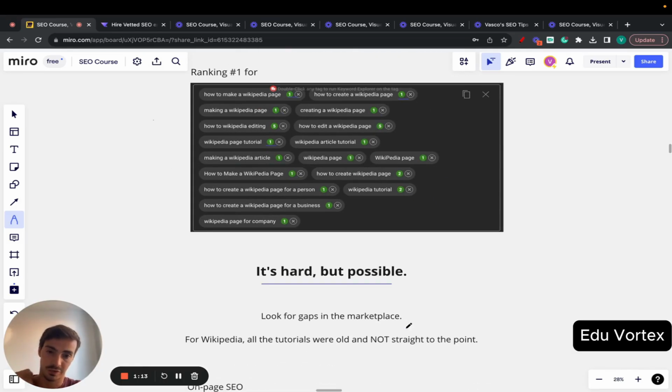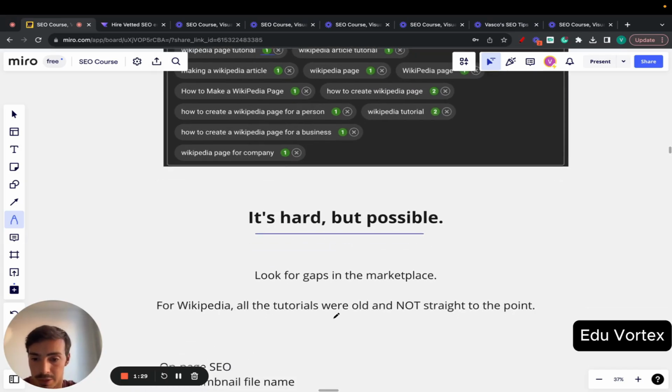Now, first things first, before I dive into the technical things, and we're going to have videos solely on the technicalities, remember YouTube is a search engine. People want to click on videos to learn and get the information right off the bat. You want to hook them with a video. But the first thing is to look for gaps in the marketplace.